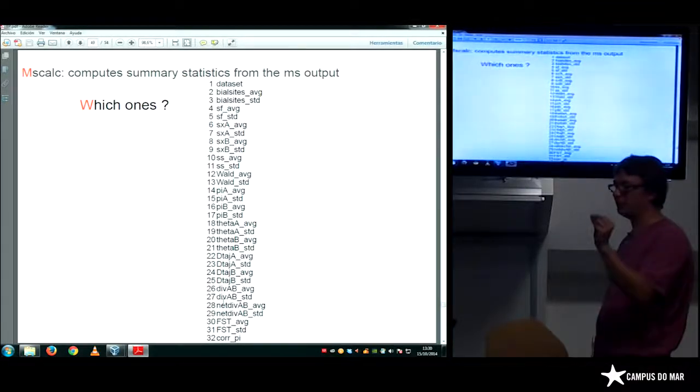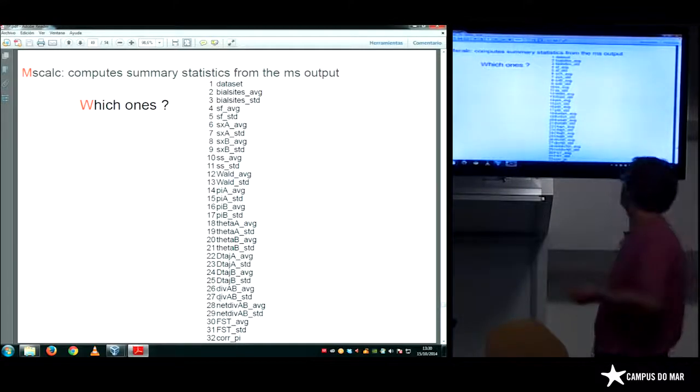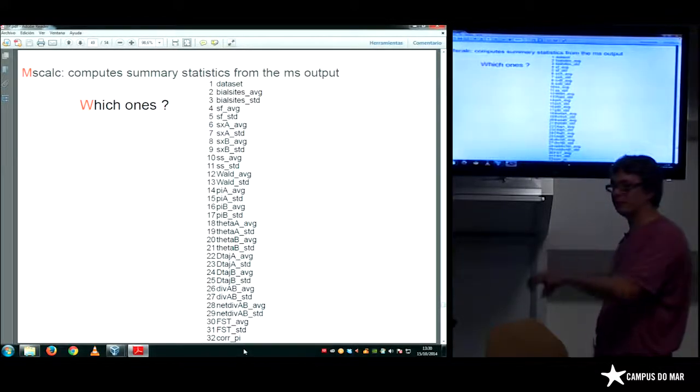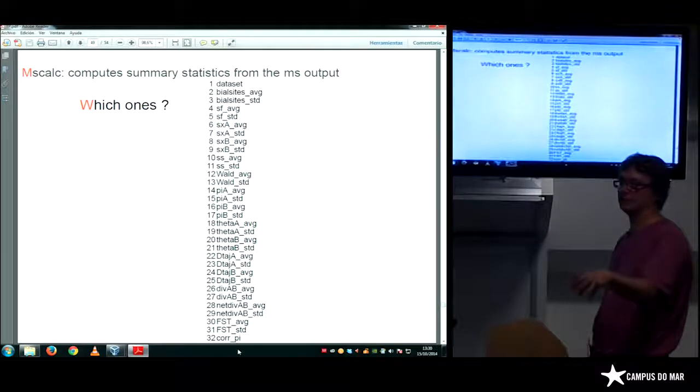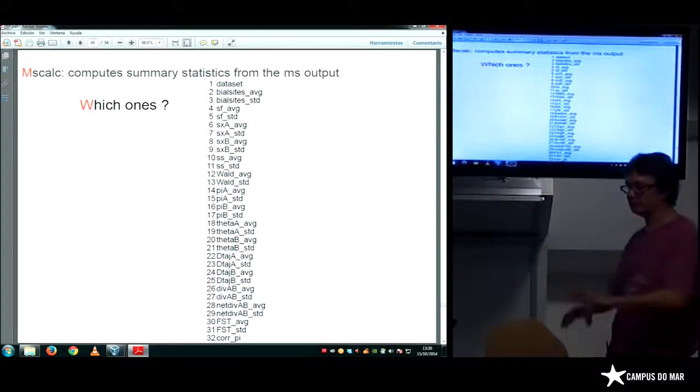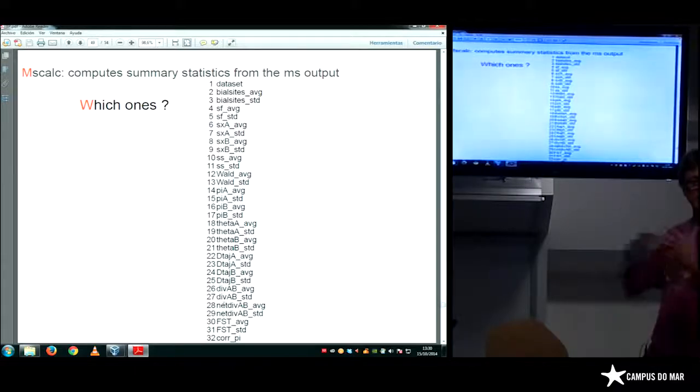So it's the divergence when you exclude the diversity within populations, FST, and the correlation between the diversity in population 1 and the diversity in population 2. So these are all the summary statistics that are going to be computed in the simulations and in your data set.